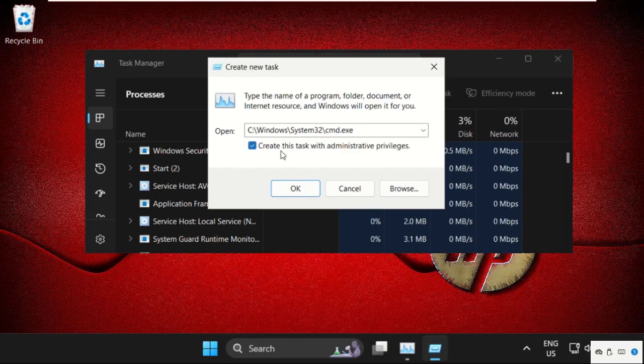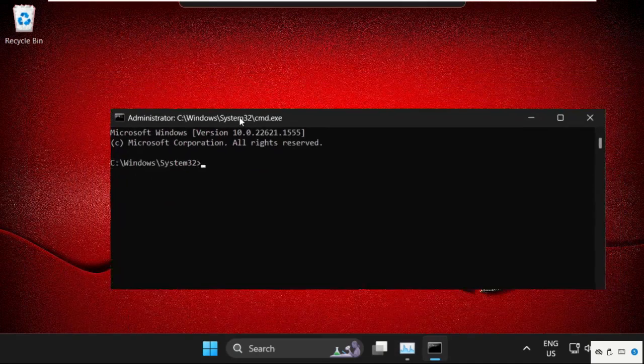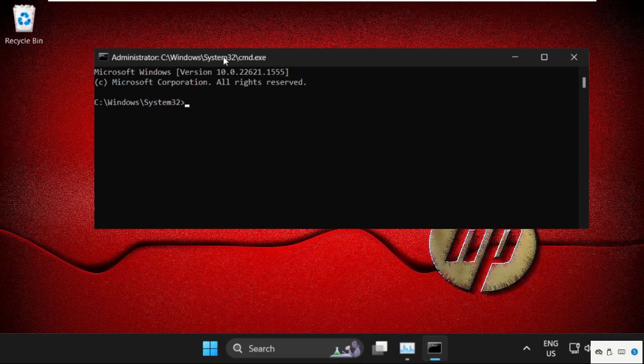Now check this box to create this task with administrative privileges. After that click on OK, and on this window we need to execute some commands, so type all these commands carefully and hit enter to execute them. First of all, type in netsh winsock